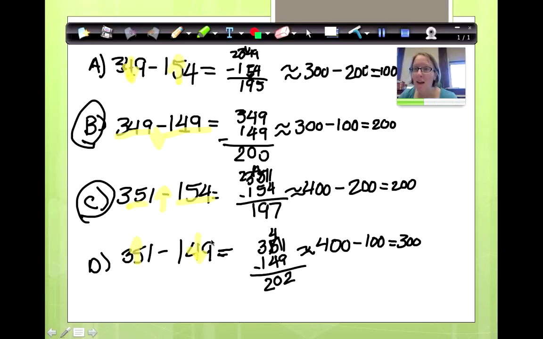And they aren't very good estimates, are they? They're not very accurate. If both of them round down, they're going to be pretty close. Both of them round up, they're going to be pretty close. Much closer than the ones that do the opposite directions. Okay, now, this being said,